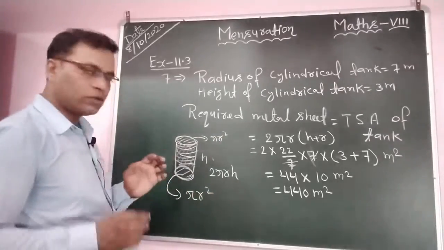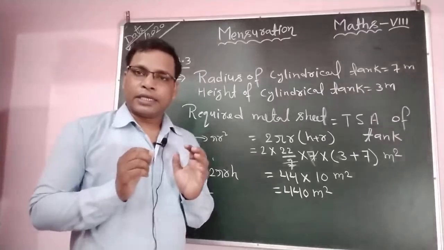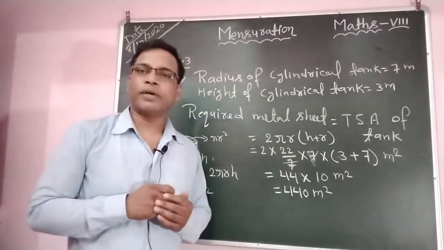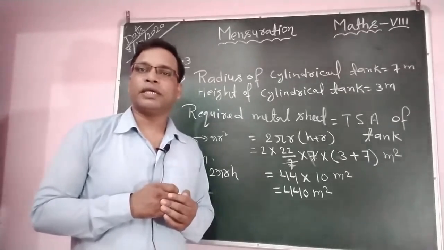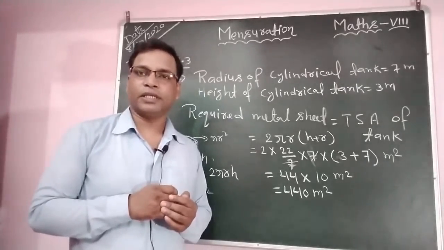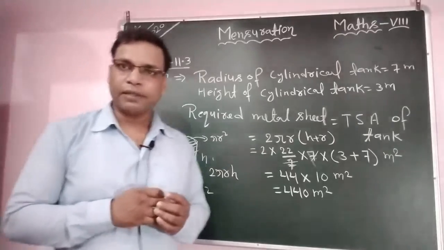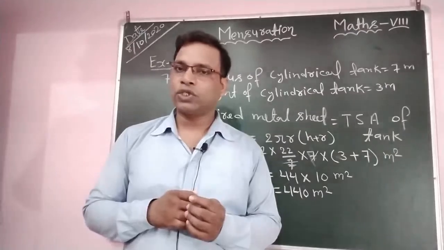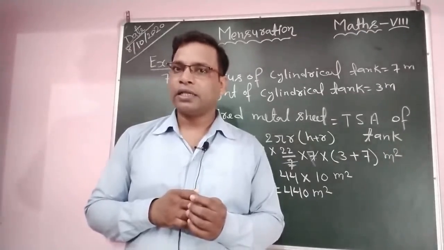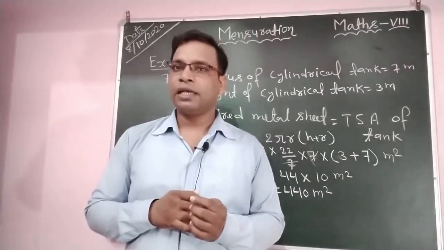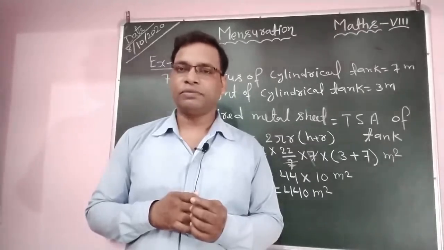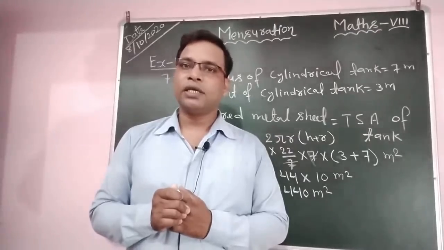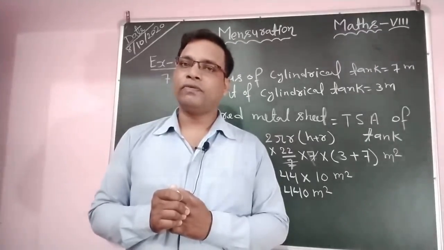So if you talk about CSA, it is curved surface area. In the case of cuboids and cubes, you can say it's lateral surface area. In lateral surface area, you can see your rooms, maybe in the shape of a cuboid or cube. When you find the area of the four walls, this is called the lateral surface area of rooms. When you find the whole area, the four walls including the roof and floor,